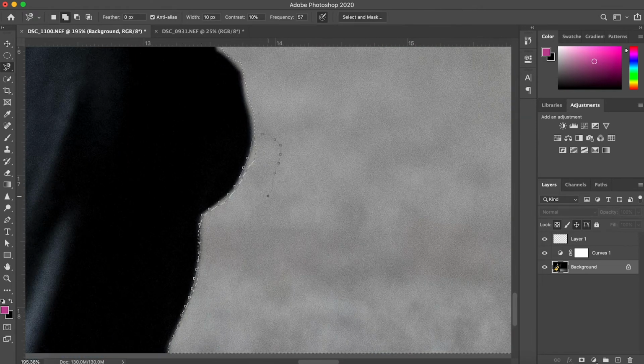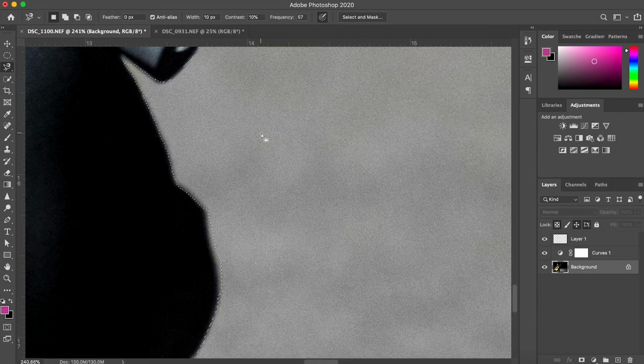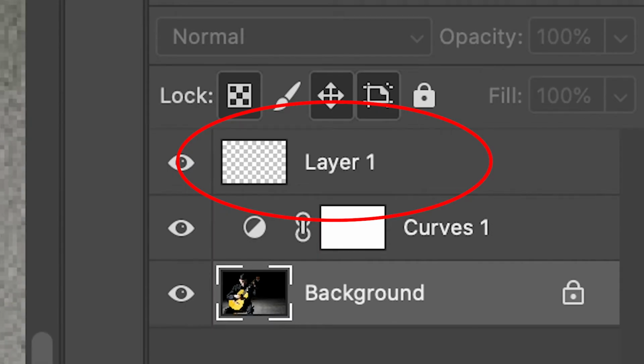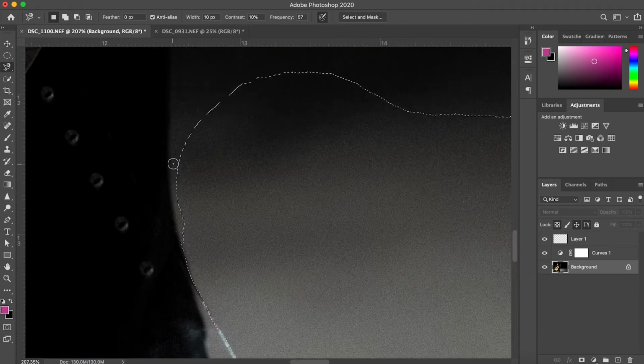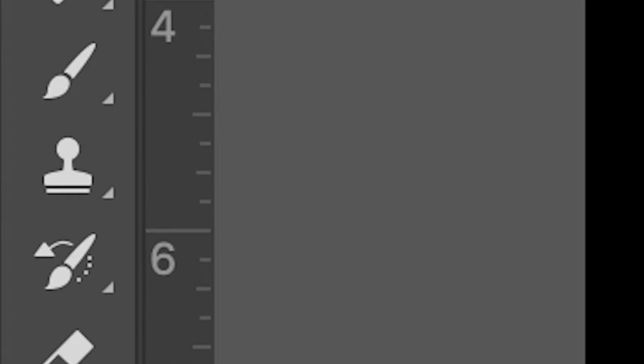A few notes for you aspiring Photoshop whizzes out there. Always edit on a new layer so you don't ruin the original picture. That's non-destructive editing. Also, instead of painting black down here to cover up the ground, I'm going to use the